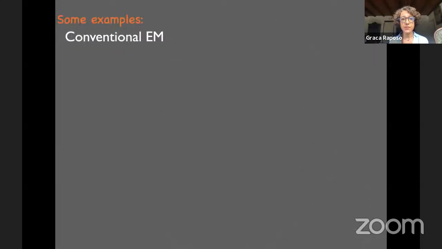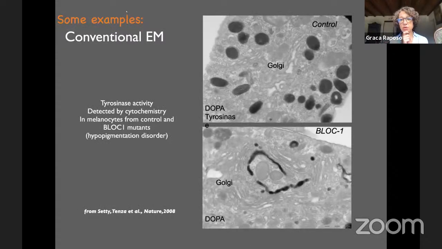for these proteins. So, another example that I wanted to show is using cytochemistry. So this is from a paper that we had some years ago in collaboration with our colleague and friend, Mickey Marks. And here on the top, you see a control, and here we have used DOPA. DOPA is one of the precursors of the pigment melanin, and we just feed the cells with DOPA, that is a chemical, and we can see the activity of this enzyme, that is tyrosinase, that is a major enzyme that is synthesizing the pigments in